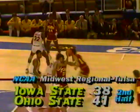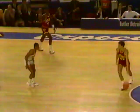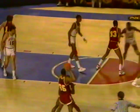Yes, by Troy Taylor. And Dennis Hopson with a great pick there. Free. Troy Taylor with 12. He's 6 for 8 from the field. Ohio State by 3. Ohio State's got an interesting change defensively, too. They've got Hopson now on Grayer. Grayer shoots it over, helping out Sellers, and makes it, and Grayer now with